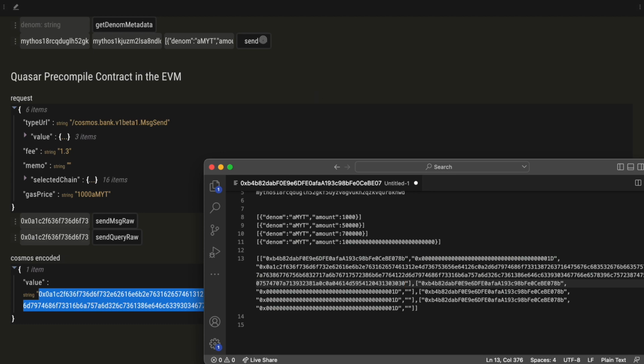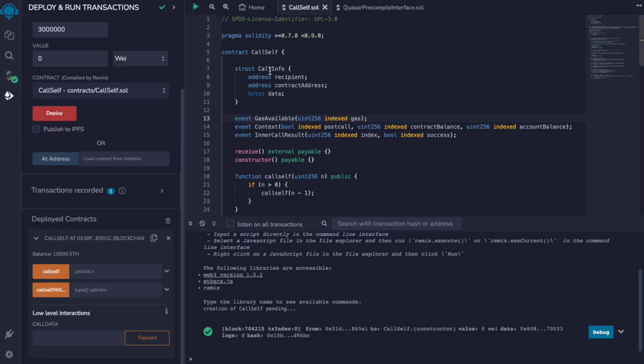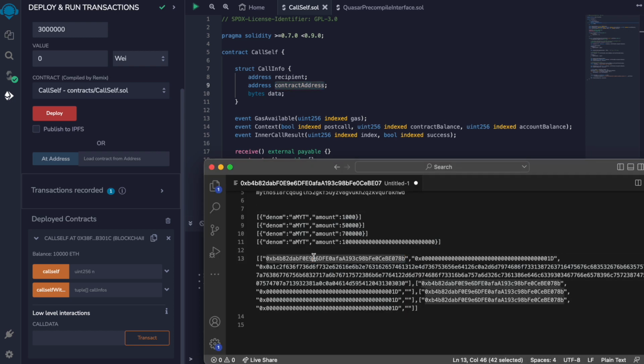So if we look at this structure, we need the recipient address, the address of the Quasar precompile, and then the call data. So this is the recipient address, this is the address of the Quasar precompile, and this is the call data.